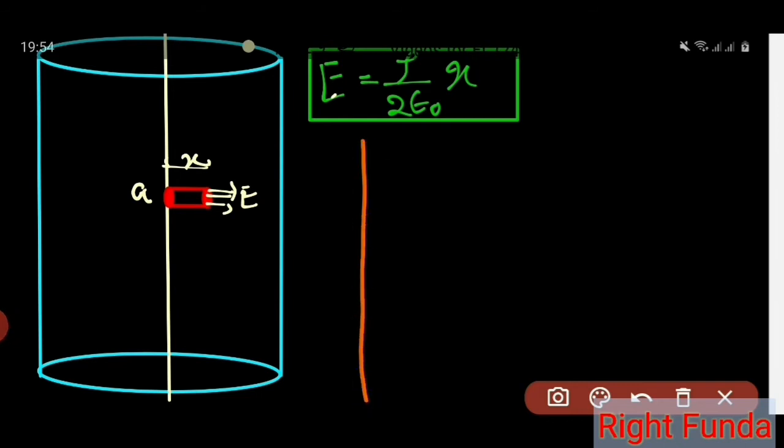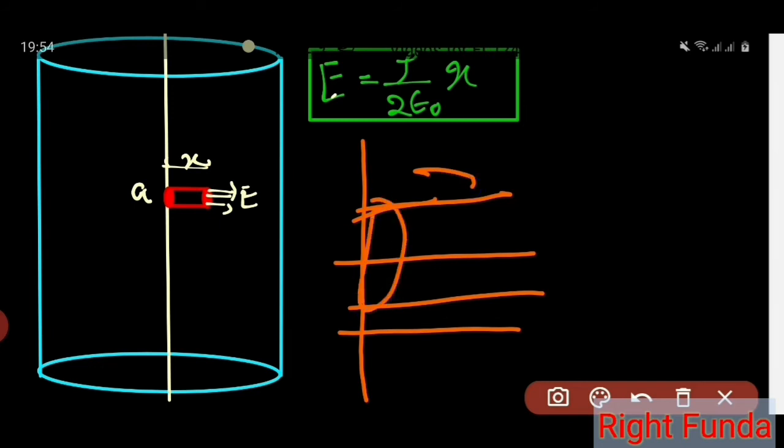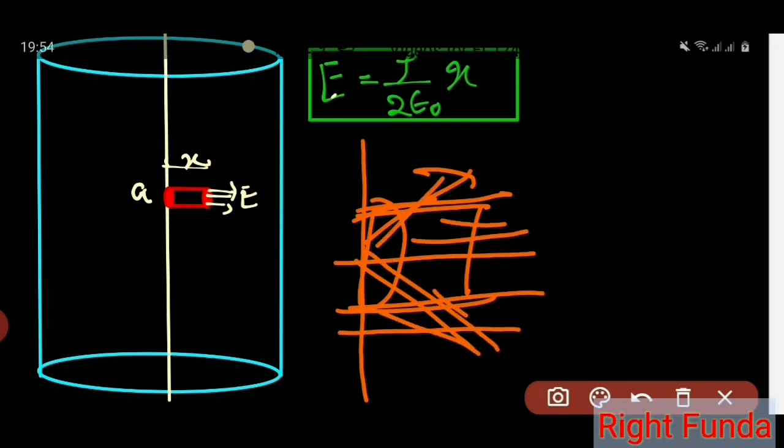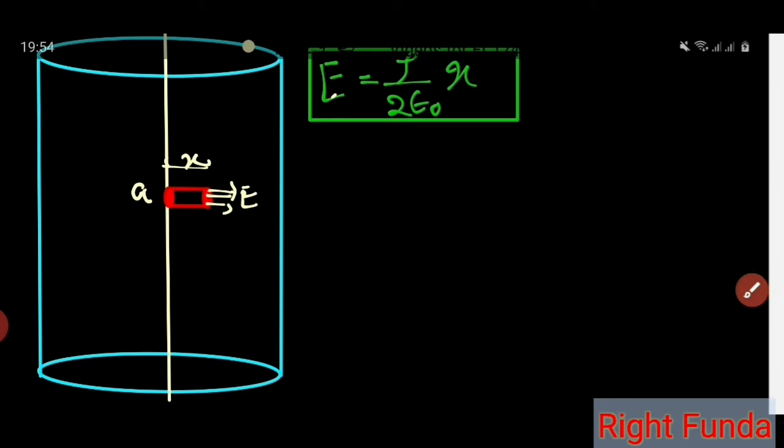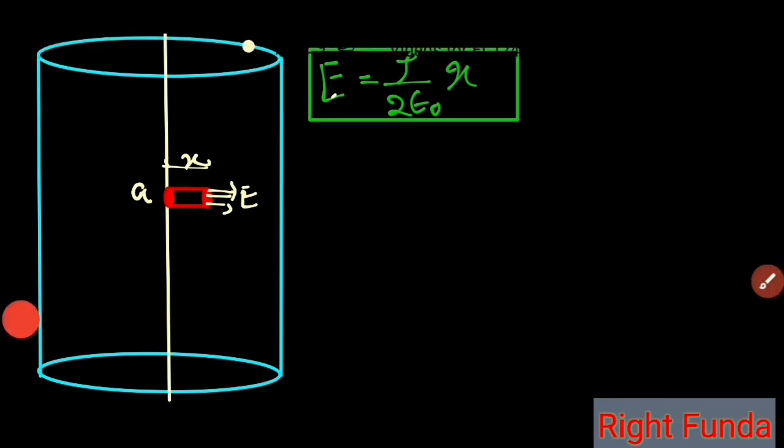The field is radially outward, going like this. But in three dimensions, it will be piercing the wall somewhere inside the plane. We know the field at this point, so find out the flux through the flat surfaces first. There are two flat surfaces, flat surface 1 and flat surface 2. The flux through flat surface 1 will be equal to 0 because the electric field there is 0.